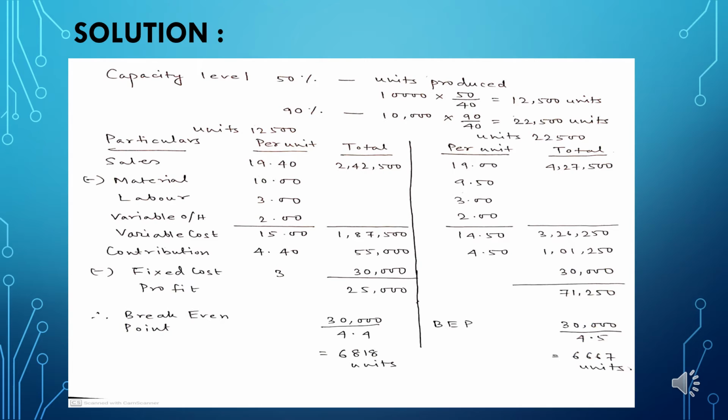from deducting the sales and variable cost figures comes at 1,01,250. And as we had already known, fixed cost will not be changing regardless of the increase or decrease of the productivity, it is remaining at 30,000, where we find out the profit to be 71,250, and the break even point is coming somewhere at 6,667. So this is the particular solution to the above mentioned problem.